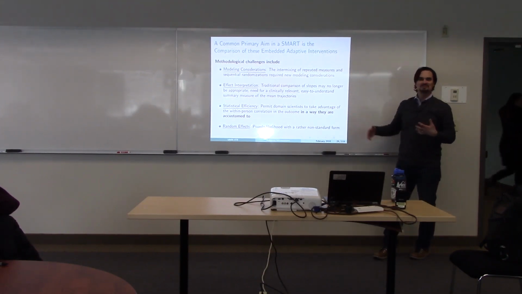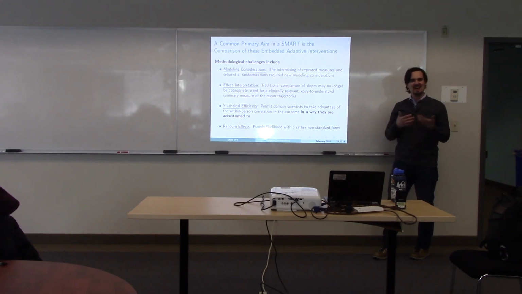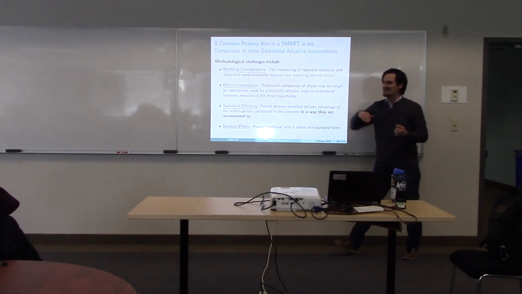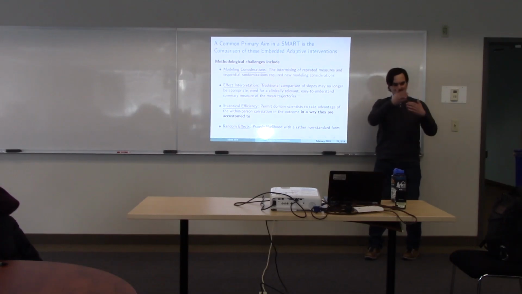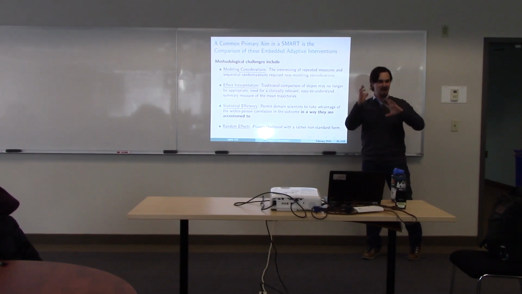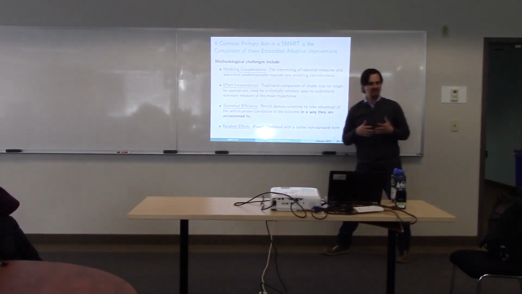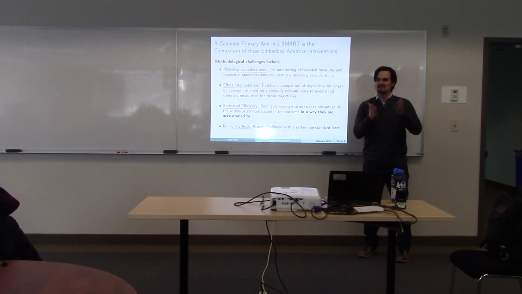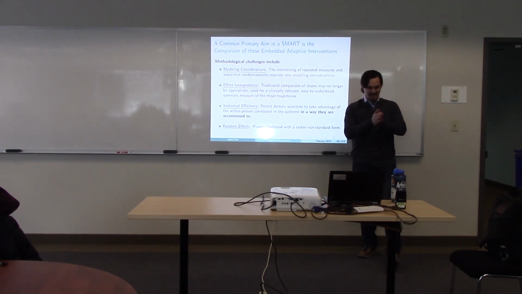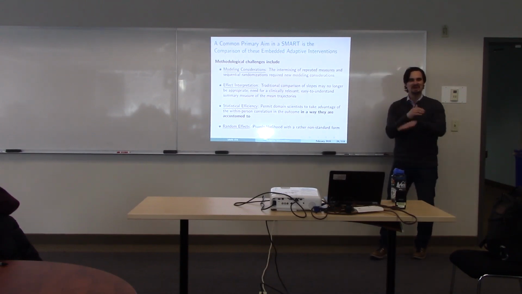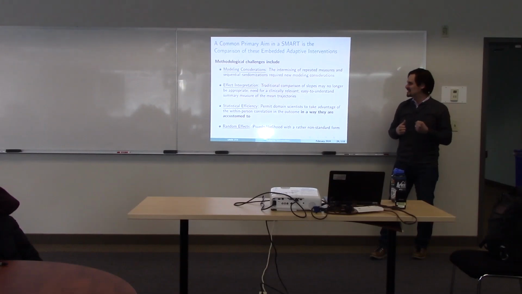This is where we had to do some statistics, and you couldn't just use over-the-counter, run-of-the-mill methods, right? We had to rethink our modeling considerations. That is, the intermixing of the repeated measures and the fact that kids are changing treatments over time. We had to get thoughtful about that. We had to rethink our effect interpretation. We can't really think slopes, changes in slope anymore, because some of the kids are the same kids and then they fork. So it may not make sense to think in terms of slopes.